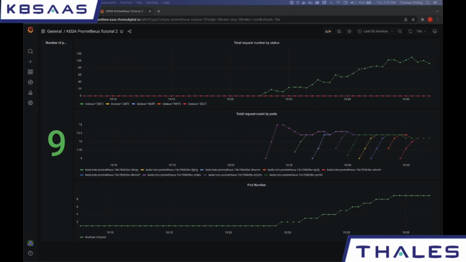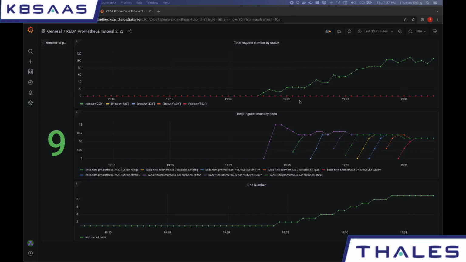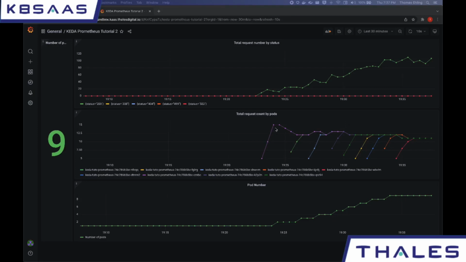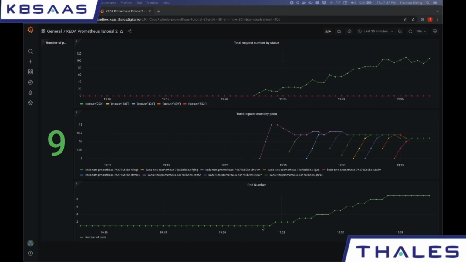All right, so fast forward 15 minutes later, we can see that the HTTP requests sent by Vegeta gradually increased. The total number of requests by pod increased accordingly. So there are more HTTP requests sent to the first existing pod. Then, when the number of HTTP requests passes the threshold of 10, Keda detects it and scales another